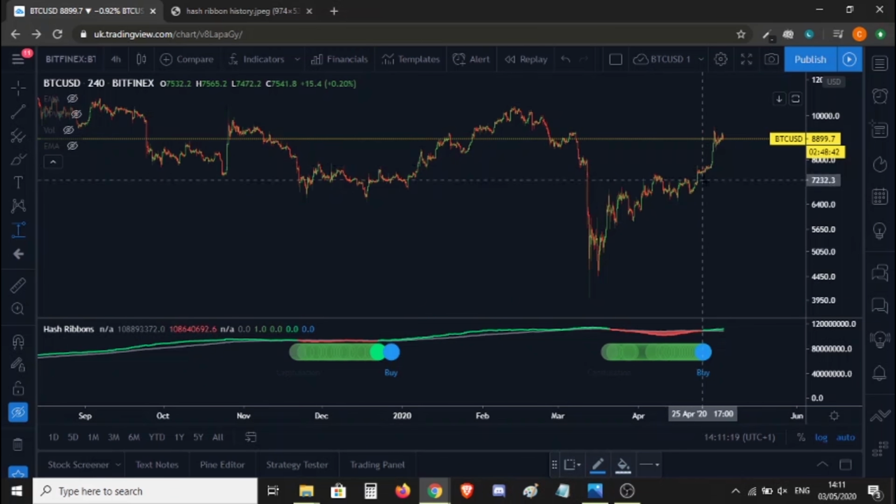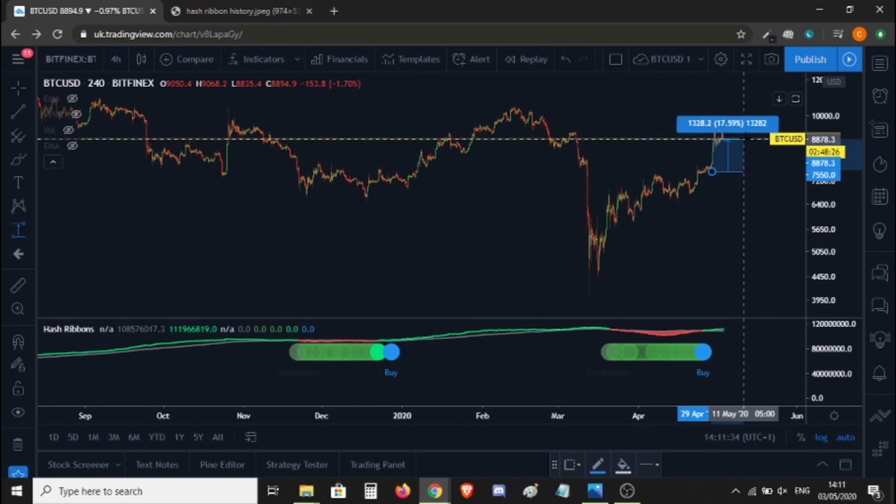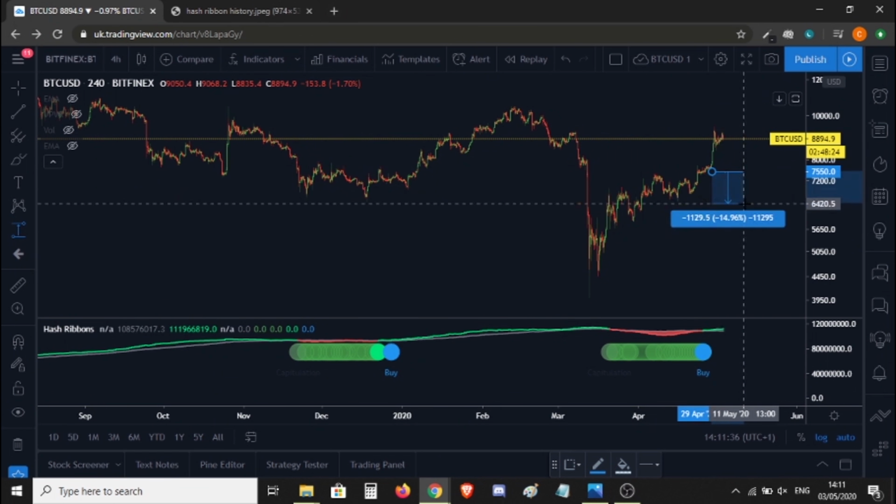The latest buy signal came on near the end of April, the 25th or 26th, something like that. Since we got the most recent one, we have seen something like a 20% rise. Anyways,